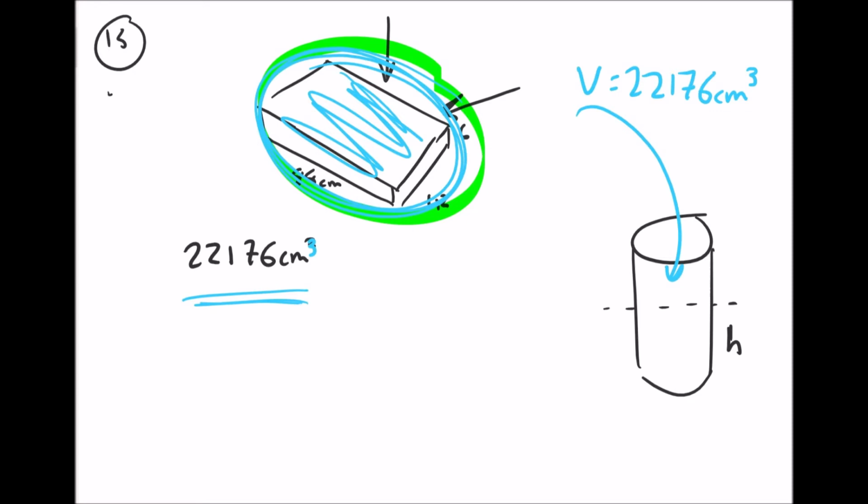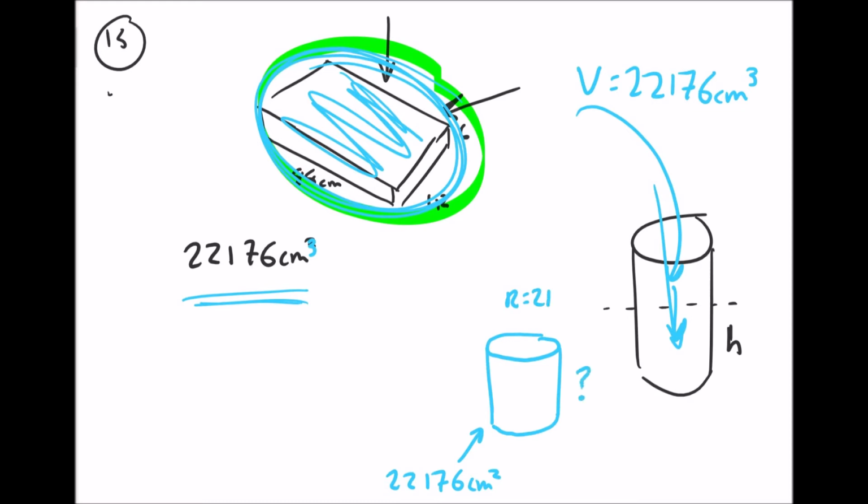What shape is the water going to be when it goes into this? Well, it's going to be in the shape of a cylinder. So I'm just going to draw the water in the shape that it would be. So if you imagine I froze the water, when it goes in here, it freezes and I take it out and it's still in that shape, okay? And I know the volume of this is 22,176 centimeters cubed. I also know that the radius of this cylinder is 21, and I'm asked to find the